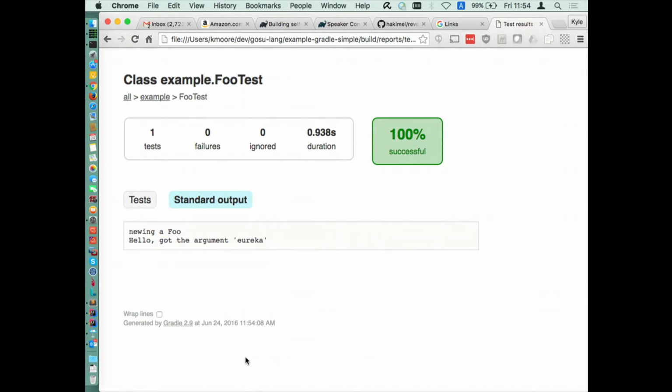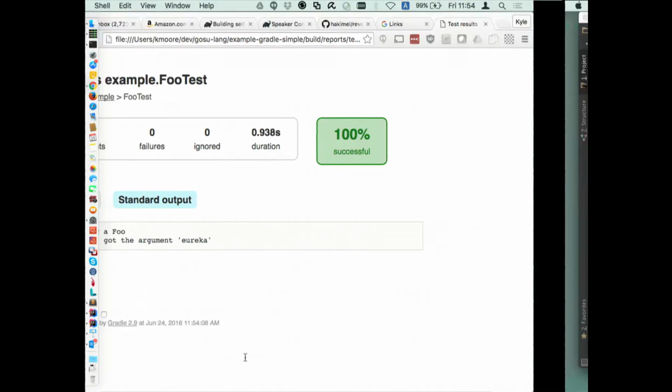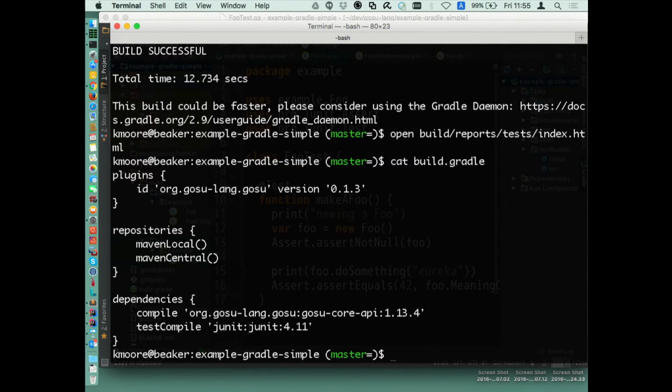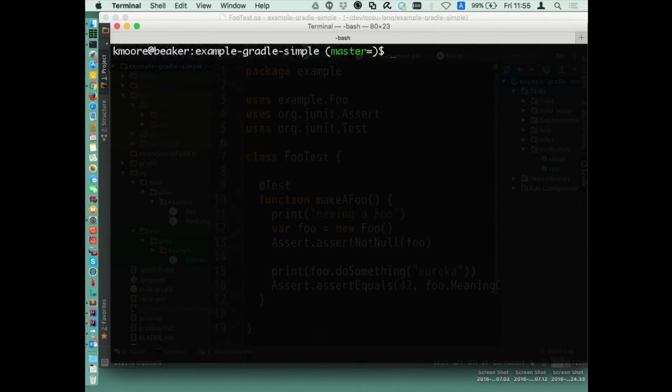So just like you'd be expecting with a Java project or Groovy or whatever, Java executes, then Gosu executes. It didn't find anything. There's no source for Java, so those tasks are inherently up to date. And same thing happens for compile Gosu, compile test Gosu. It's not very legible. Let me go back to